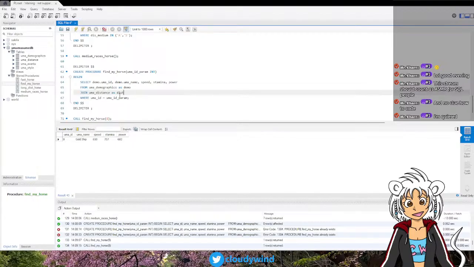Where, can I do that? Where this dot Uma ID equal to, no, I think I can't, because if I'm going to use a join statement,